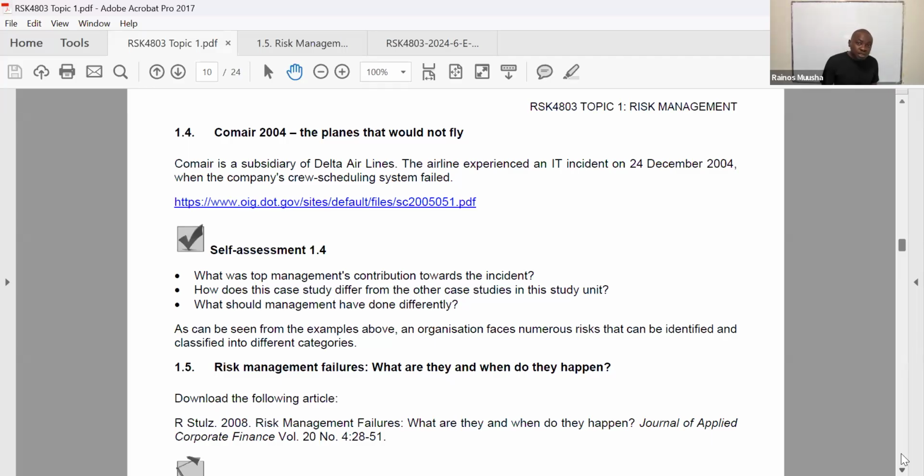And if they're not able to do that, it means that the planes are not able to land, and the planes are also not able to take off as well, which means that they now need to make sure that their system is up to date and has the capacity to reschedule the flights. And when this happened in 2004 for Comair, as they were moving from one system to another system as well,